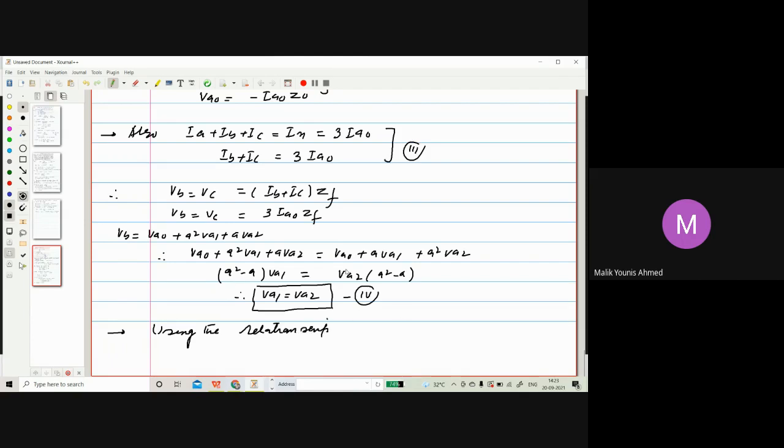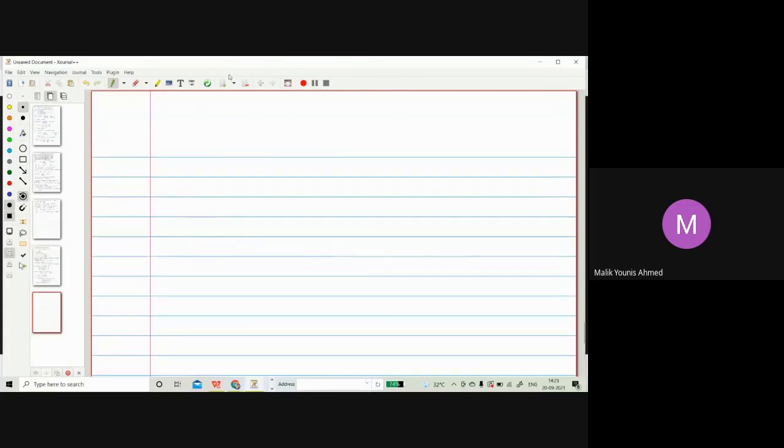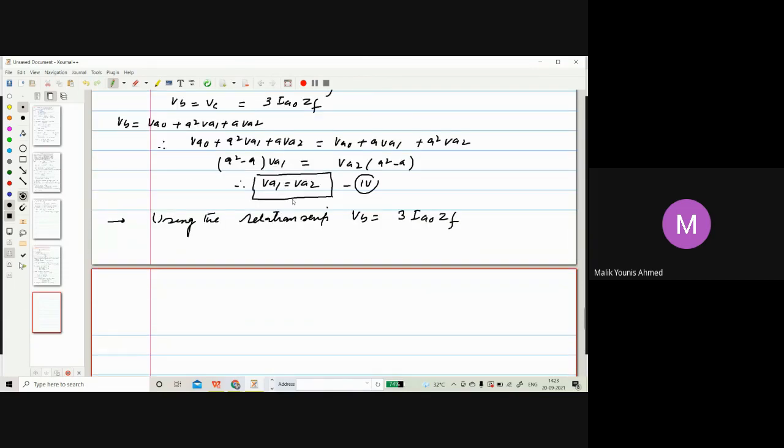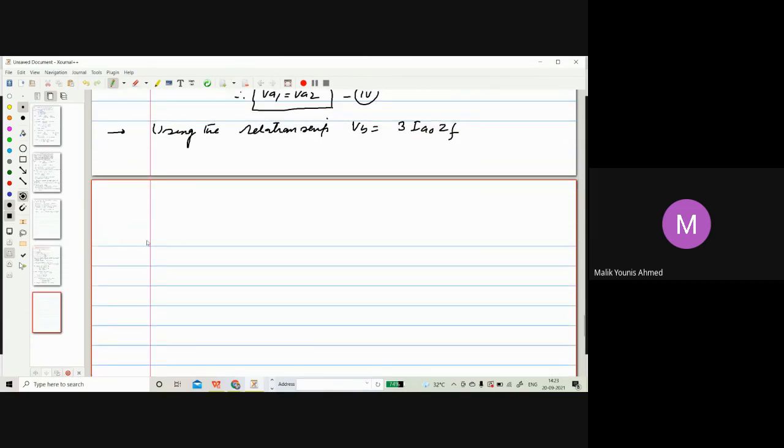What is that relationship? The relationship is VB is equal to 3IA0 ZF. We'll be using that relationship. So VB is what? VB is VA0 plus a squared VA1 plus a VA2 in terms of symmetrical components, and that will be equal to 3IA0 ZF. Okay, so VA0 we will keep like this, plus, because VA1 is equal to VA2,